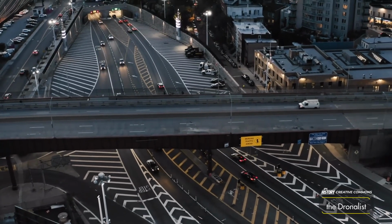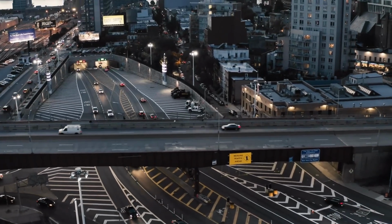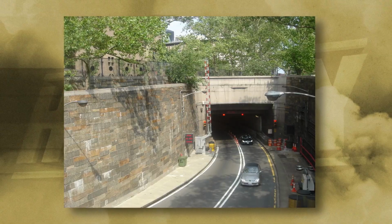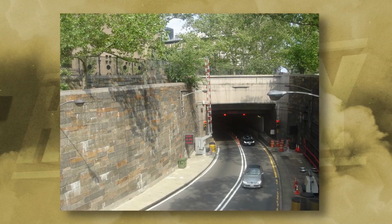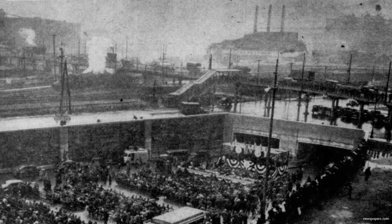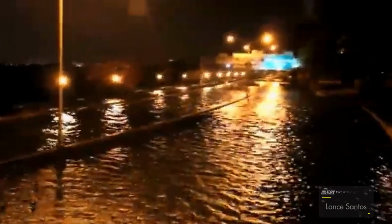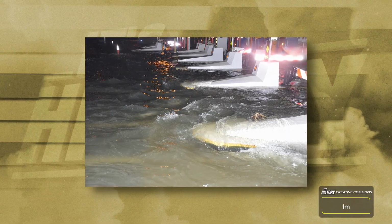And this really is an amazing story, as aside from minor upgrades to add brighter lighting and a new ceiling, the Queens Midtown Tunnel has not really required significant rehabilitation work since President Roosevelt broke ground for the project back in 1936. Well, that was until October of 2012, when Hurricane Sandy hit the New York metropolitan region, submerging 40% of